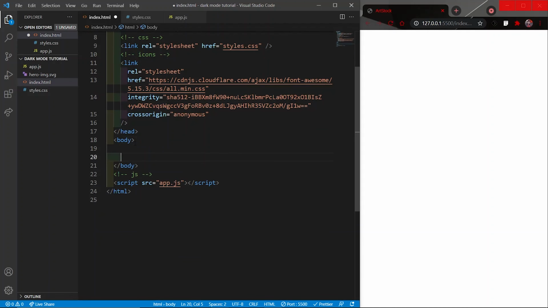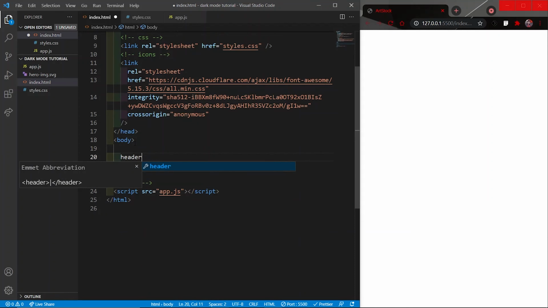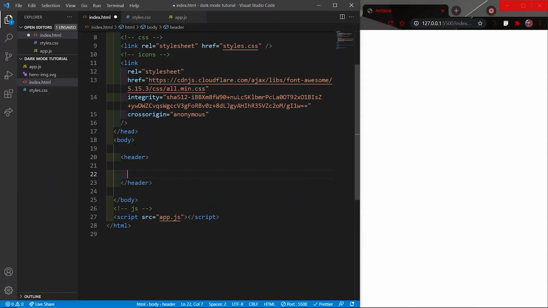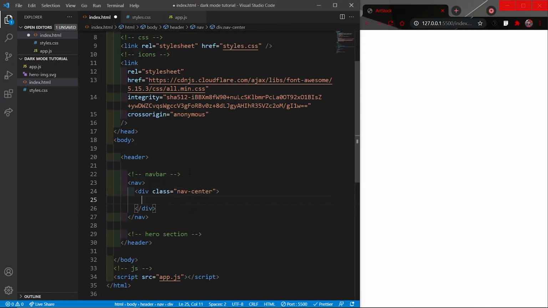Now let's start coding. So the first thing I will do is create a header, and then inside the header we will have two components, a navbar and a hero section. Now for the navbar I will use the nav tag, and inside it I will create a div with a class of nav-center, and this div will have two components inside it.